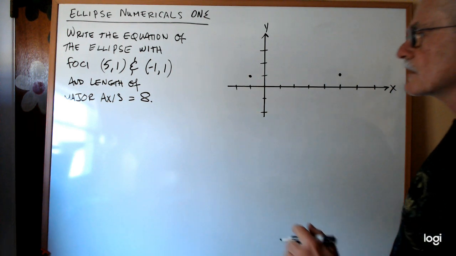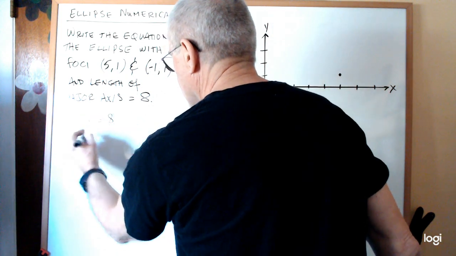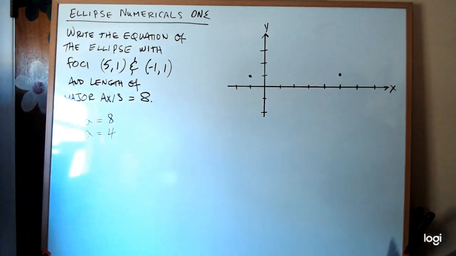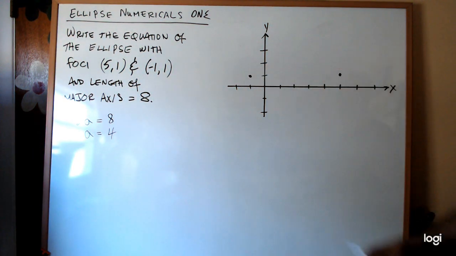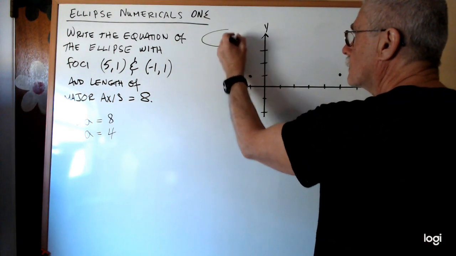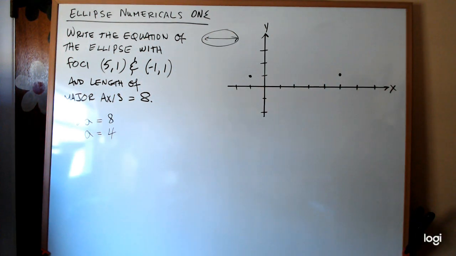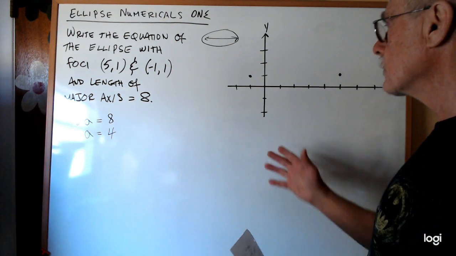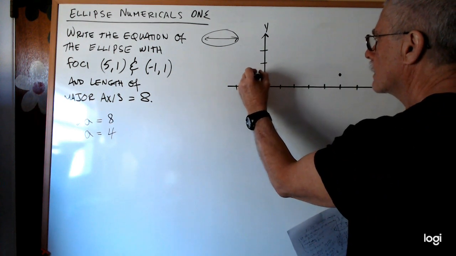Now, the major axis is 8, and by definition the major axis is 2a, so therefore a would be 4. Since the foci lie in this type of line, this is called a type 1 ellipse, and we can expect the major axis will have that kind of orientation. In many books, that's known as a type 1 ellipse. So here we go. These are the foci, call it F1